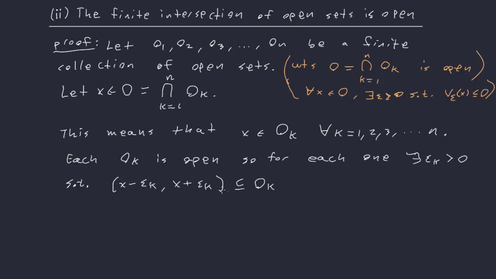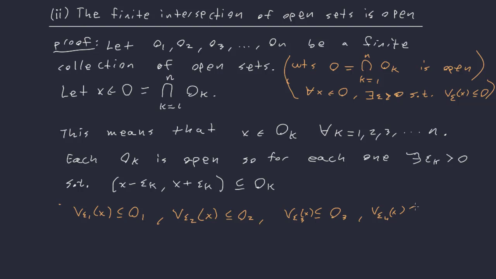Okay, but the thing is, since each open set is different, I don't know if it's the same epsilon that will work for, say, 1 that it will for 2, right? So what we're essentially saying is that there's an epsilon 1, and here I will use the v. There's an epsilon 1 for our first open set. There's an epsilon 2 that will work for our second open set. There's an epsilon 3 that's going to work for our third open set, and epsilon 4 that will work for